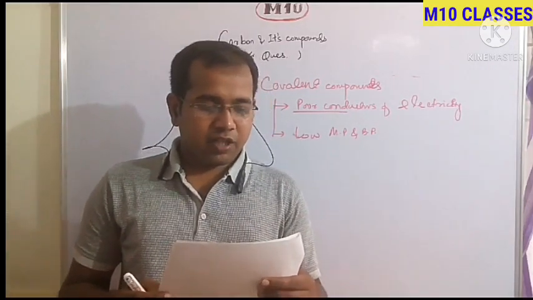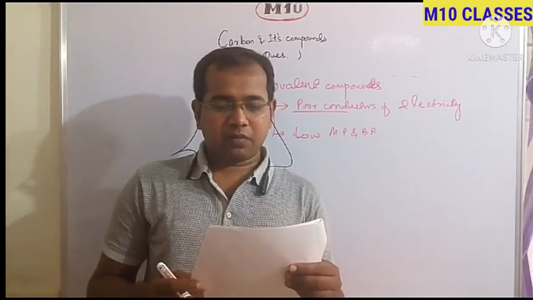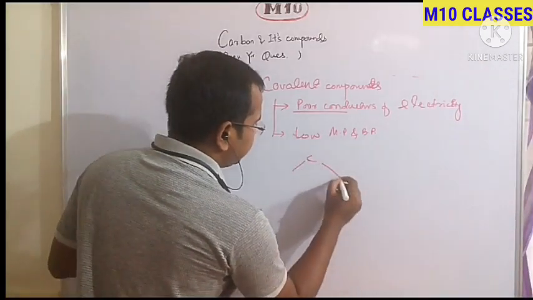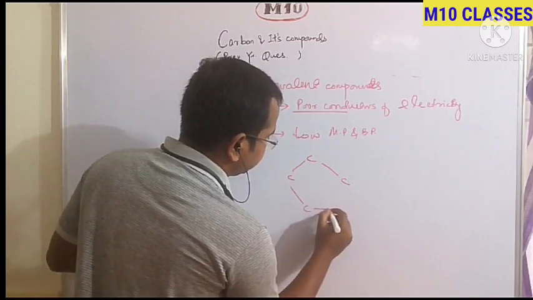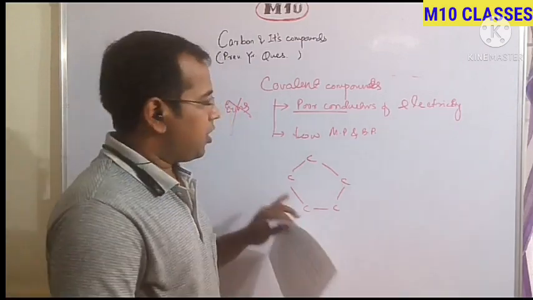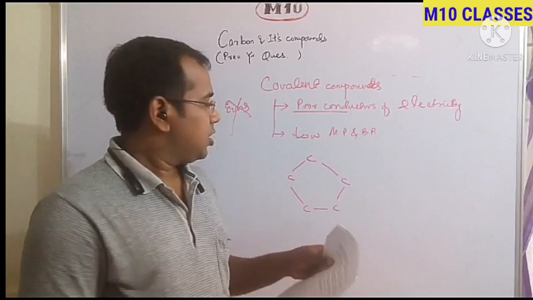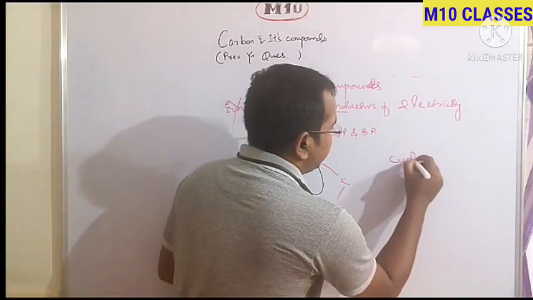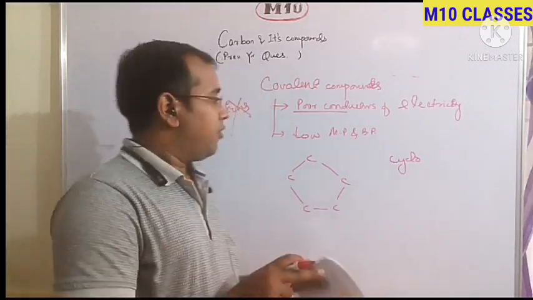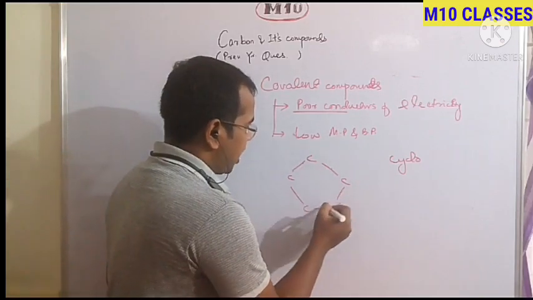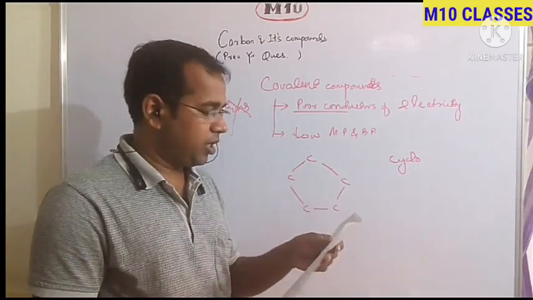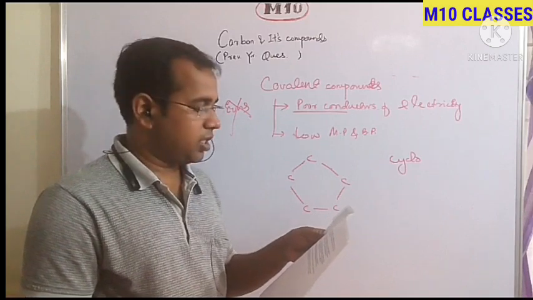Write the name and structure of the saturated compound in which the carbon atoms are arranged in a ring. Let us take a structure which contains 5 carbons. So this is the shape which is called a ring structure. For any carbon compounds which are in the structure of ring, the prefix attached is cyclo. It is given it is a saturated compound. For saturated compound, the carbon atoms must have single bond. So you have a ring structure and they all have single bonds because it is a saturated compound.